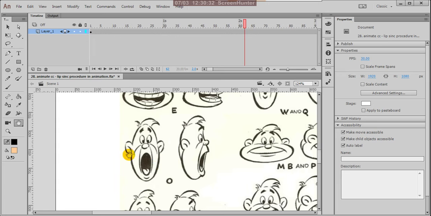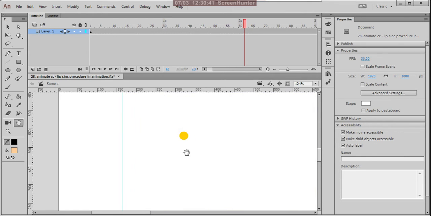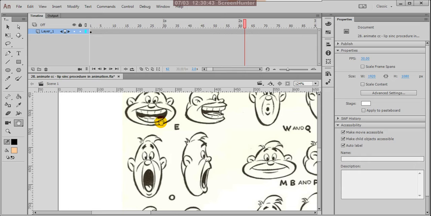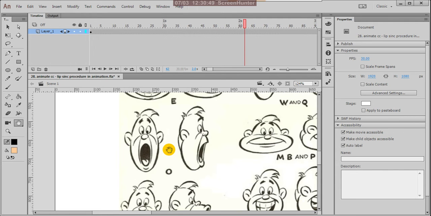And the width of the jaw is not extending that much, like the E mouth. When you say E, the mouth extends horizontally. Here in O, instead of horizontally, it is vertical, particularly the lower jaw coming down. The same mouth you can check in the side pose.